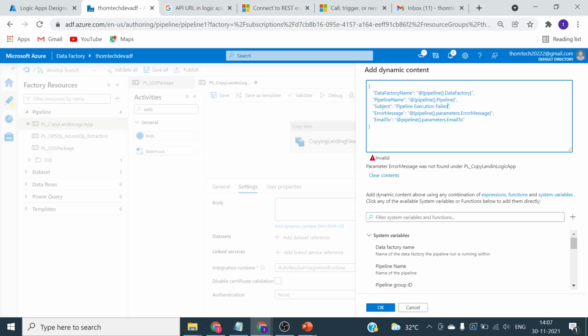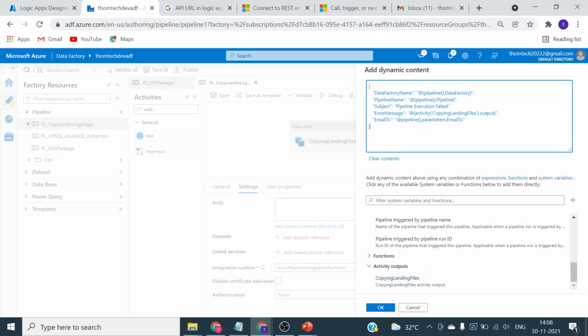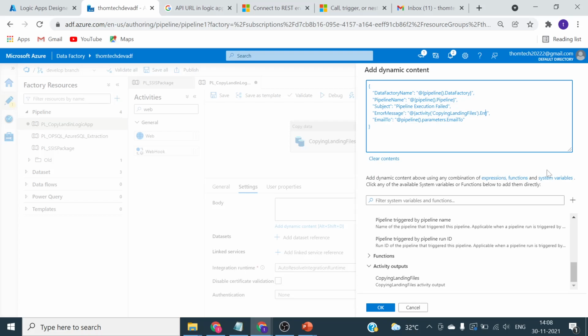Okay, so I've given this value, and in this what I will do is I will select this pipeline message, remove this, and then I will scroll down because my input is coming as a for each. So I will select the output coming from the for each. Okay, and then I will double click this, remove this, and give the property as error dot message.